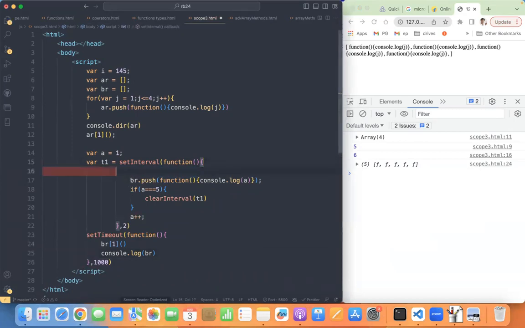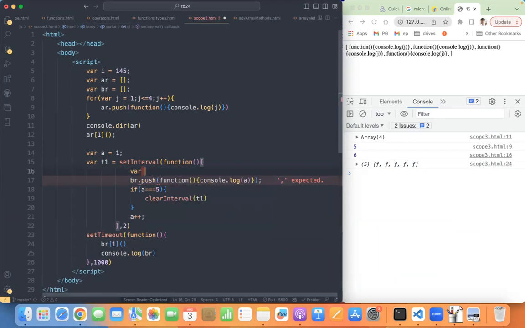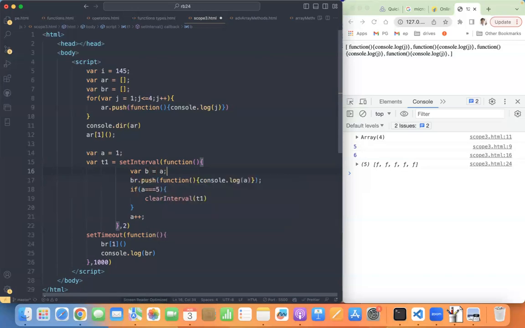Inside this function, let me have a variable b. Inside that function, I have a variable b. b is equal to a.